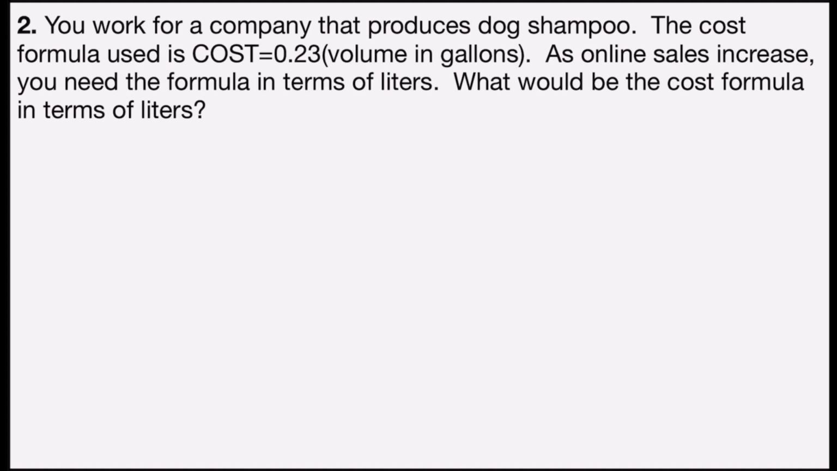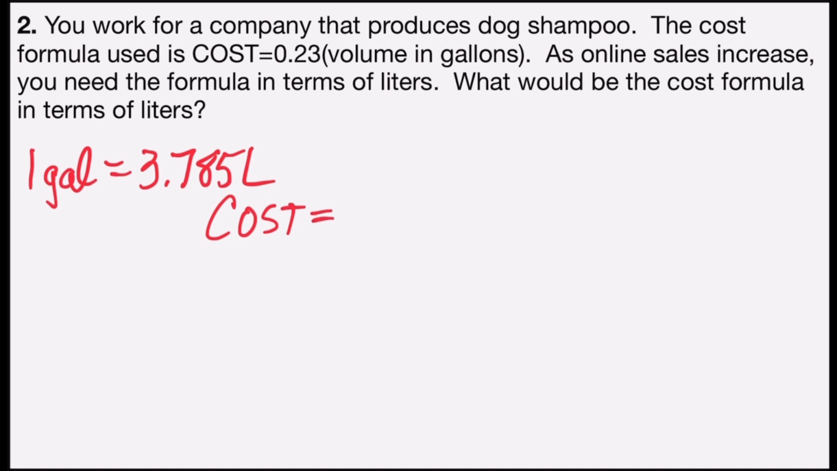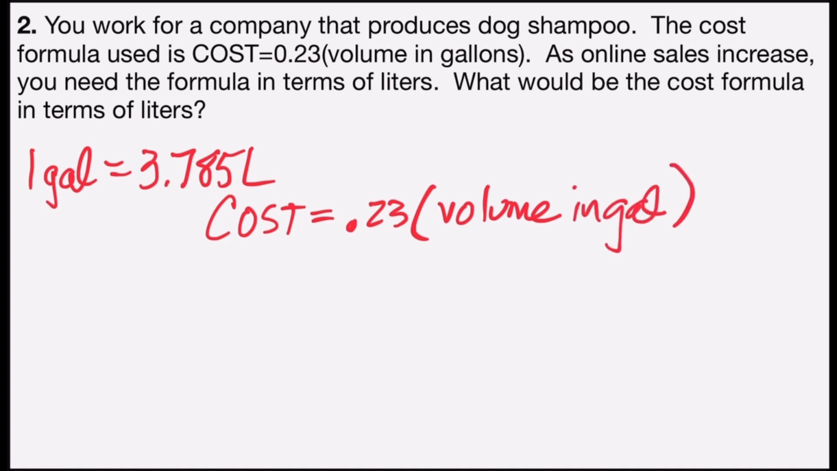So the first thing I'm going to have to do is find a conversion from gallons to liters. And if I have a conversion sheet, or I could look up online, I find out that 1 gallon equals 3.785 liters. And so with that information, I can rewrite my cost function in terms of liters. So I have cost is equal to 0.23 times the volume in gallons,